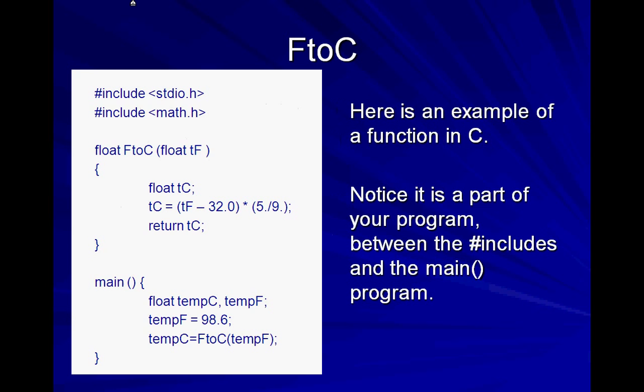So typically, one way to make your functions is to put them between the pound includes and the main part of your program. Now, I say that with sort of air quotes here because we're actually going to put our function someplace else most of the time, but that would also work. So let's do a little autopsy here on this program, dissect it a little bit and see what happens. We have this F to C function up here. It's a little piece of code, and functions get declared, just like any variable would be. They are declared in the sense that we have to tell the compiler what kind of number is going to